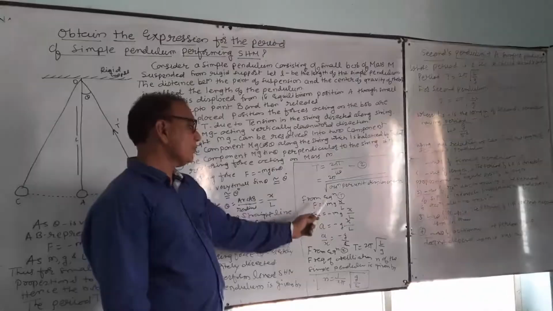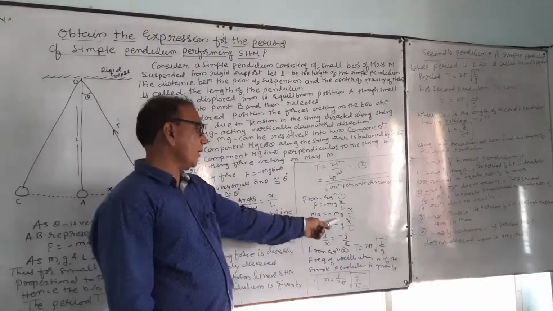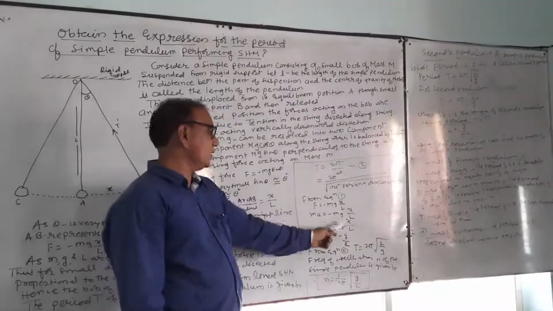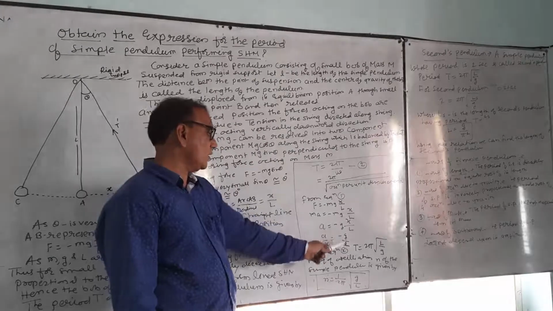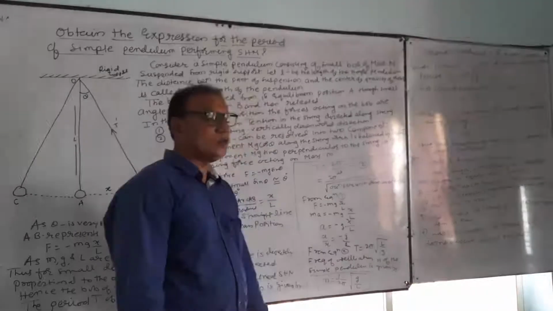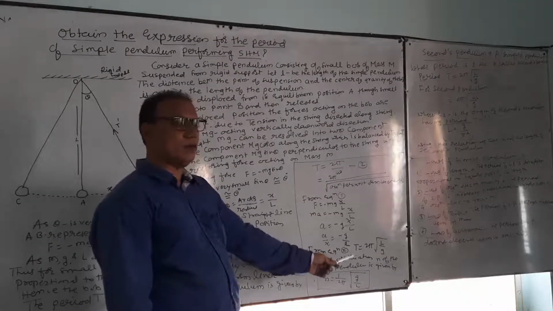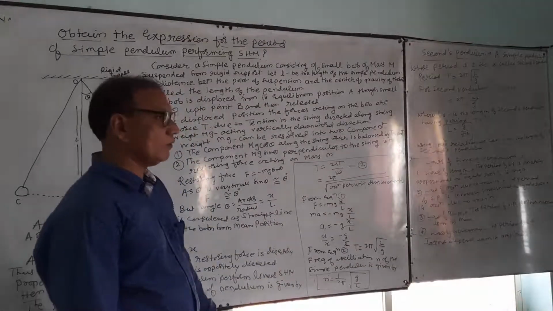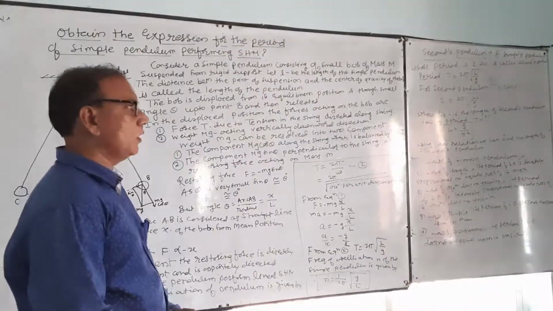From equation 1, F is equal to minus mg into x upon L, but F is equal to ma, so ma is equal to minus mg into x upon L. m gets cancelled. This gives a is equal to minus g into x upon L. Therefore, rearranging the terms, a upon x is equal to minus g upon L, and substituting this value in equation 2, T is equal to twice pi square root of L upon g. The frequency of oscillation n of the simple pendulum is given by n is equal to 1 upon twice pi square root of g upon L. This is the equation for the period of a simple pendulum and the frequency of oscillation of a simple pendulum.